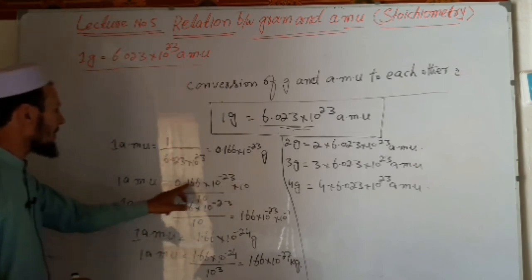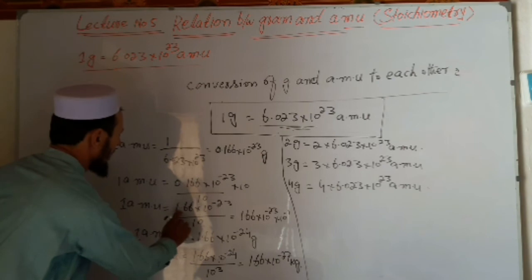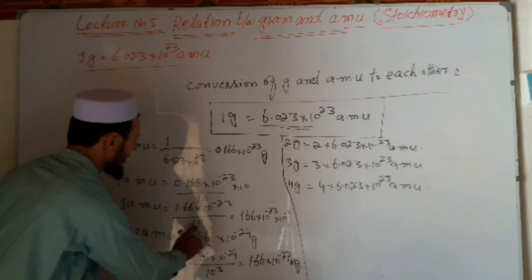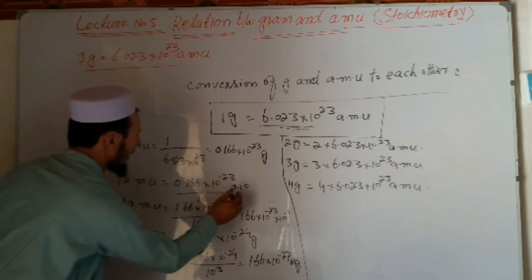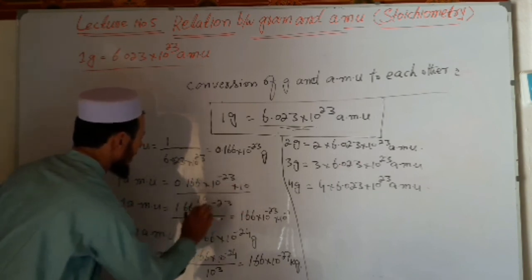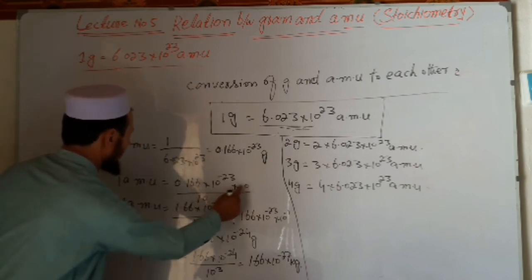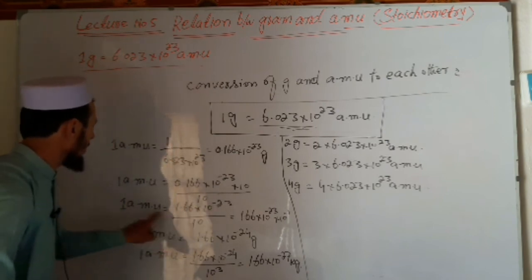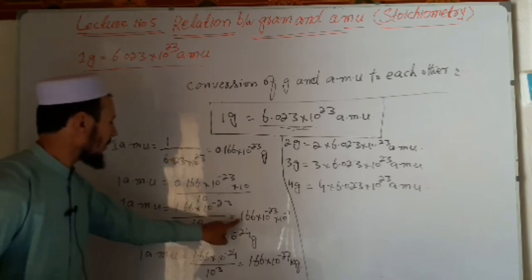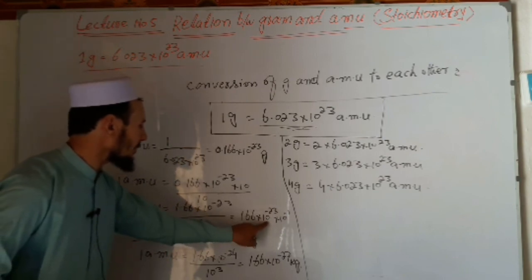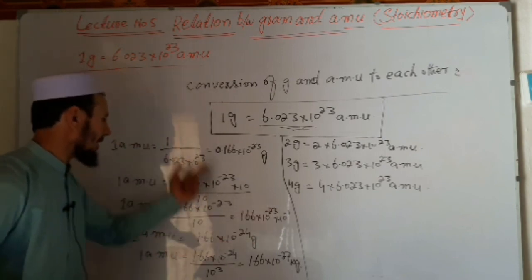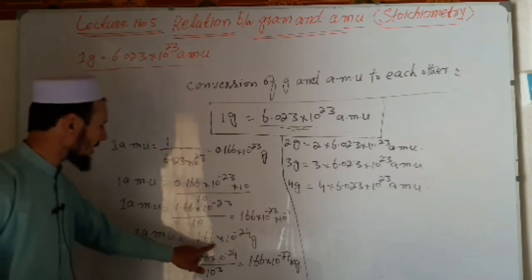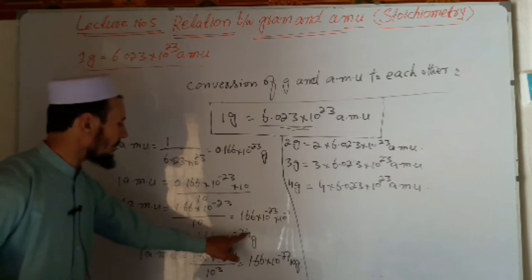So when it is multiplied by 10, we will get 1.66 multiplied by 10 raised to the power of minus 23, divided by 10. It has been multiplied by 10 and also divided by 10. In the first step, we have multiplied by 10, so we get this one. Now divide by 10, we will get 1.66 multiplied by 10 raised to the power of minus 23, and it becomes 10 raised to the power of minus 1. Thus we will get 1 a.m.u is equal to 1.66 multiplied by 10 raised to the power of minus 24